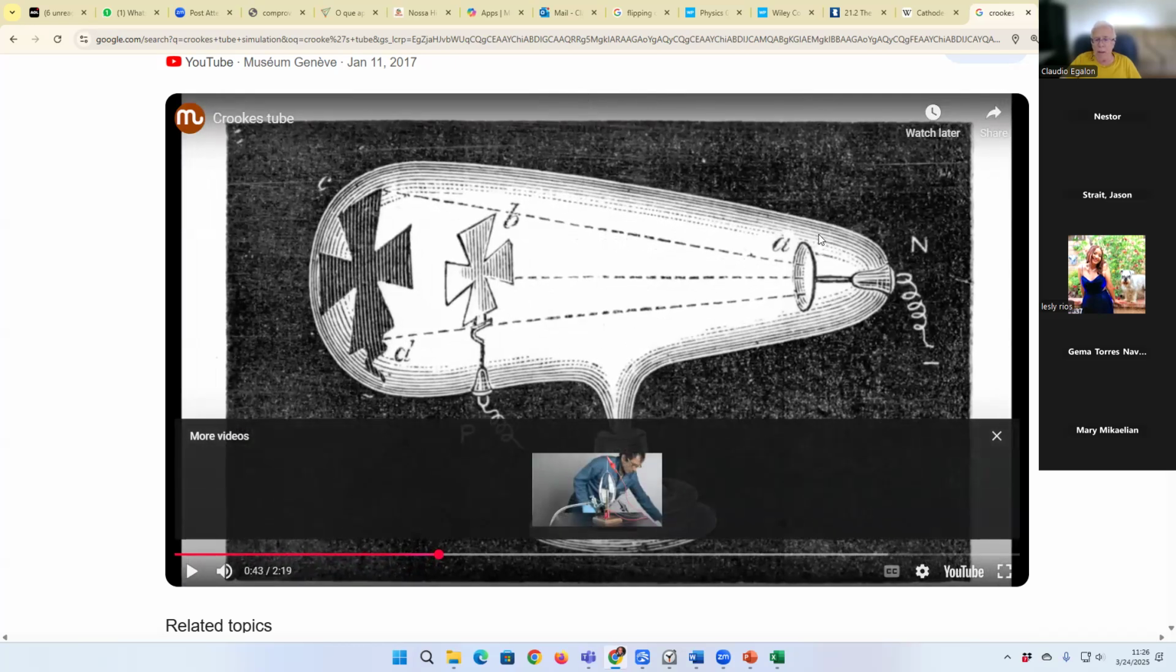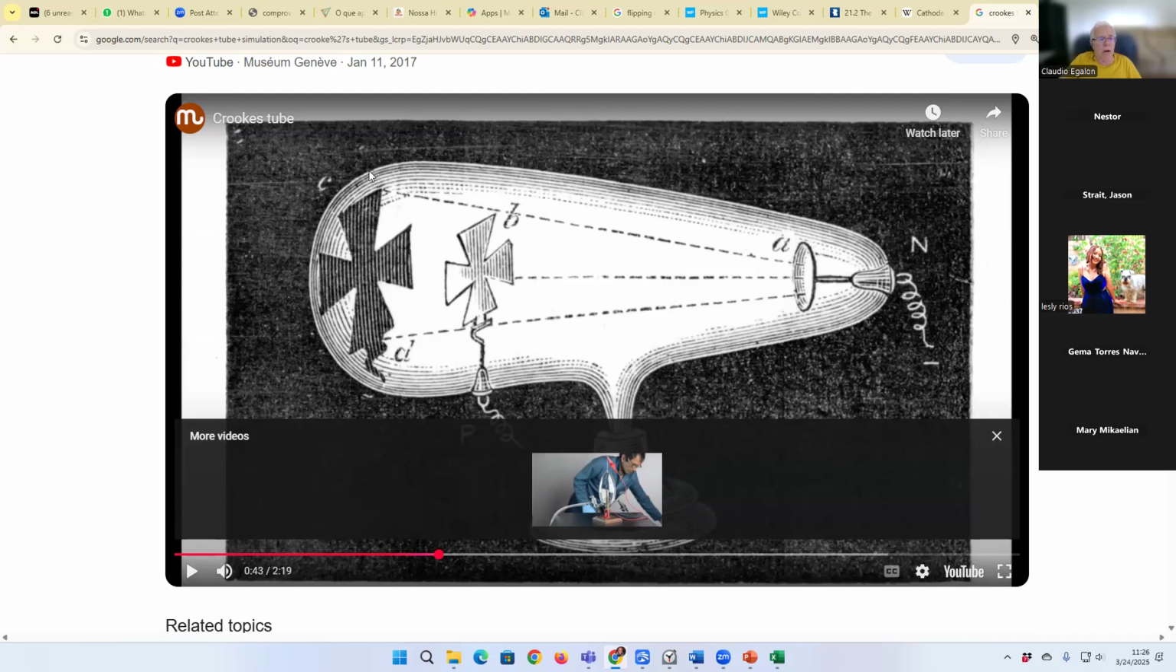How does it work? This little piece here is emitting electrons, thermal electrons, by applying a high voltage between those two ends that you see right here, okay? Positive and negative. And what is this cross doing here? This cross is here for a very simple reason. If we remove this cross,